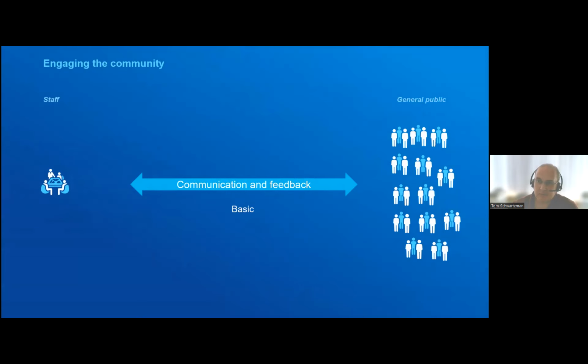With ArcGIS Hub Basic, which you all have access to, you get to create a Hub site that allows you to communicate effectively and to get feedback from users. Okay, and you see there are two broad categories. There are the people who are building the Hub site, who are interacting, making it, and then there are people who are consuming it and maybe providing feedback, et cetera.